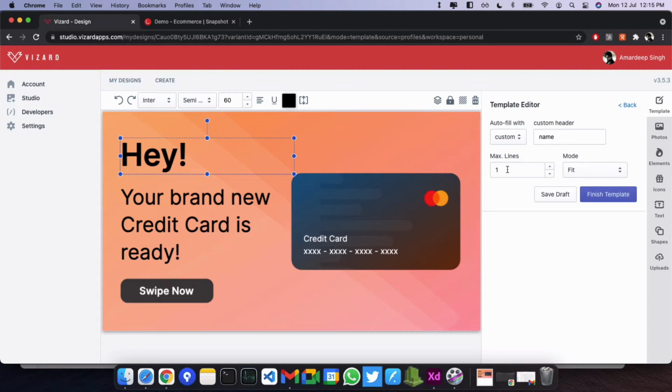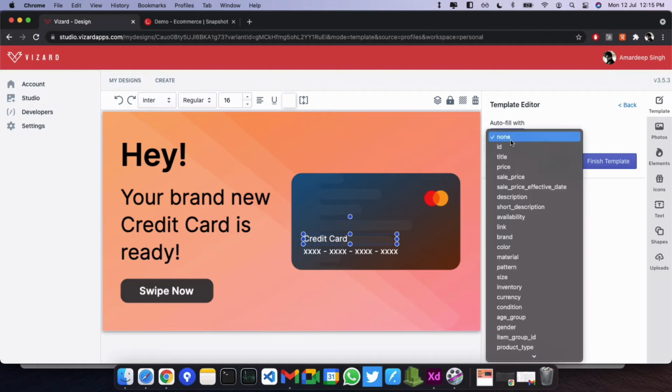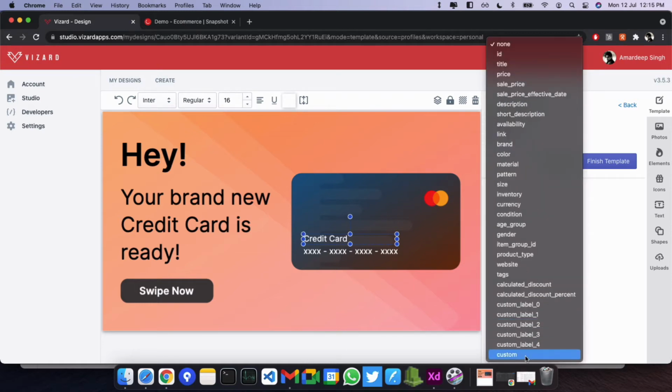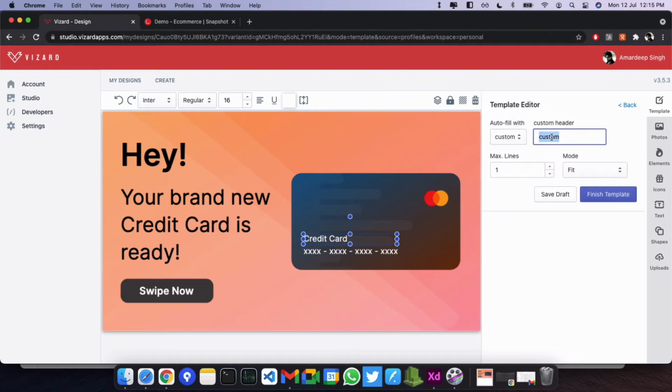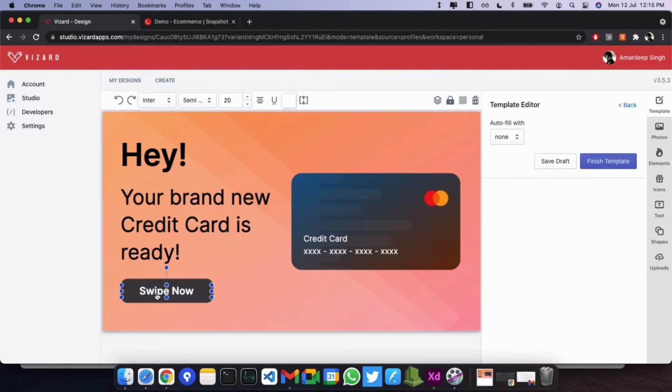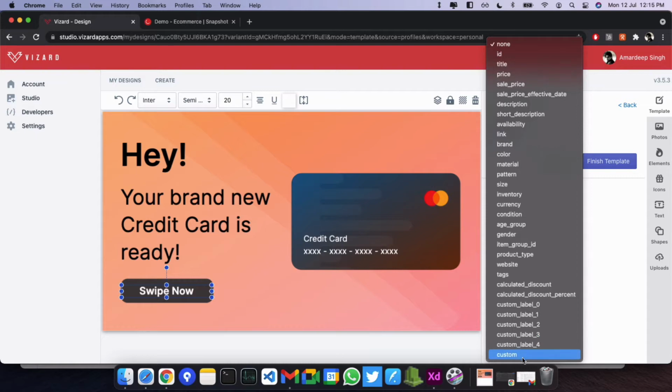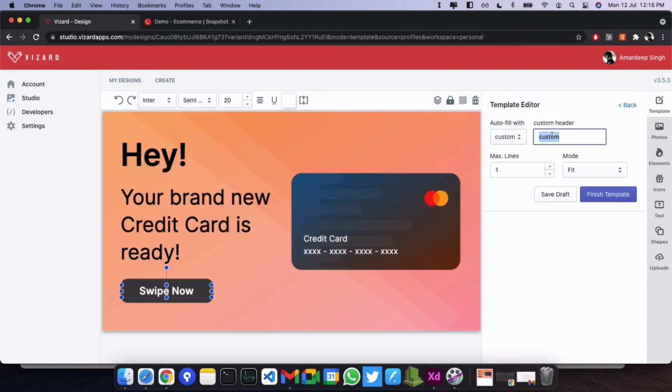In this case, 1 is fine. We'll do the same with this text. For this text, we'll give it a new name, CTA, and that's it. We'll finish.